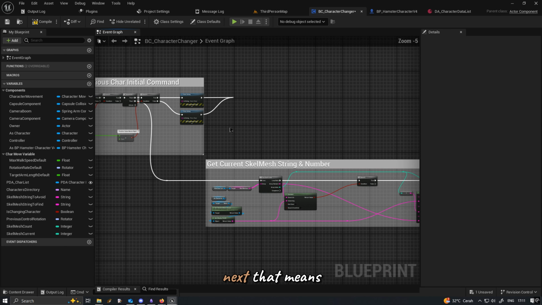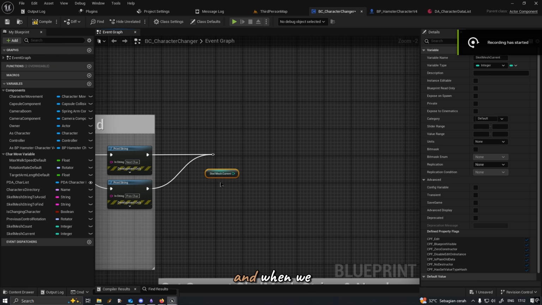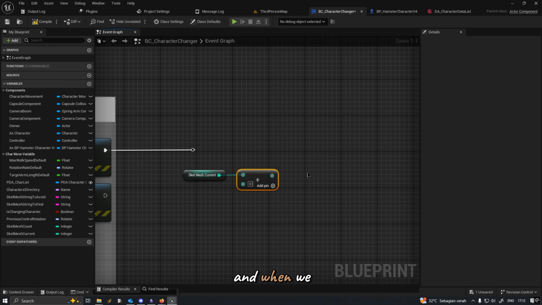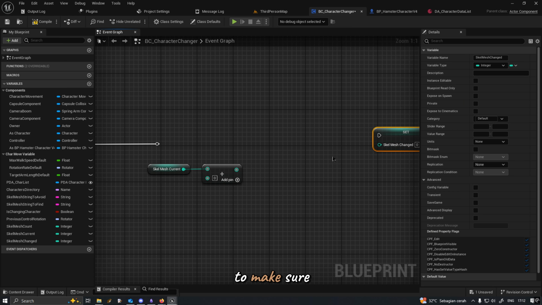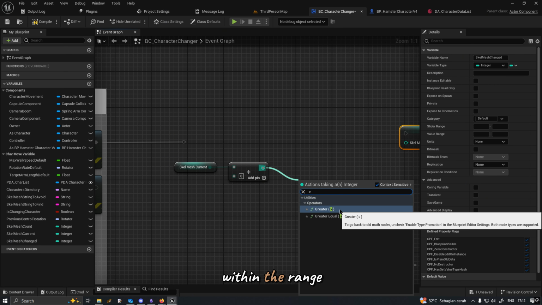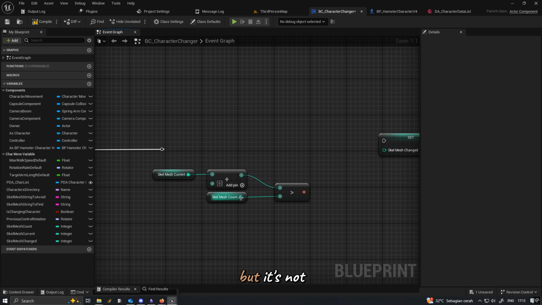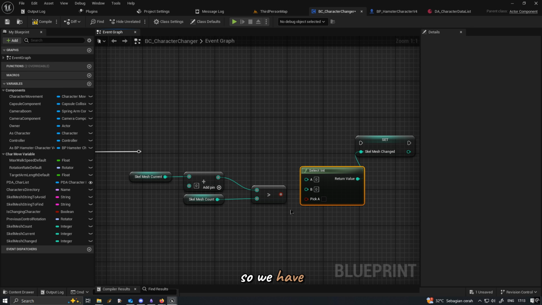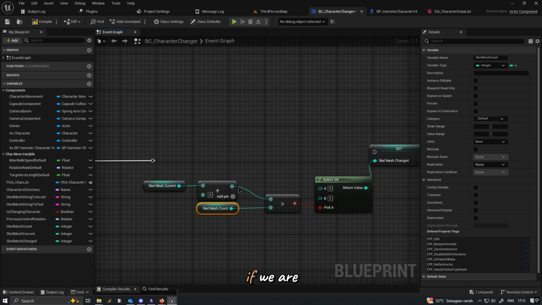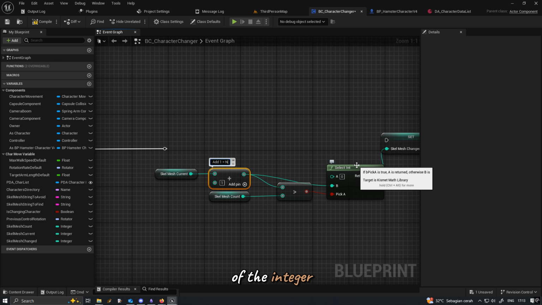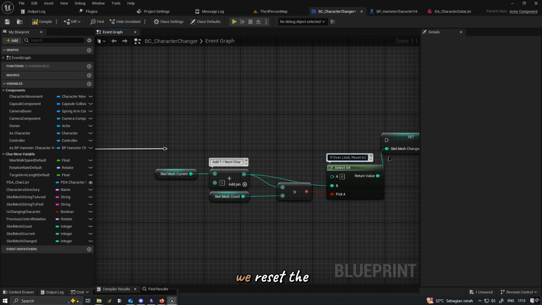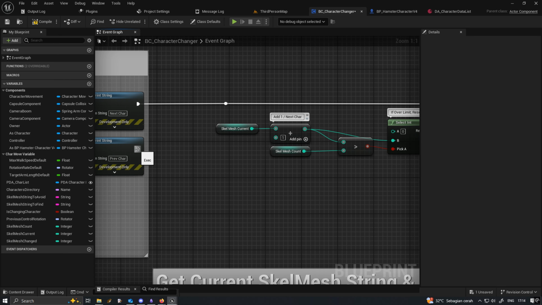When we hit next, that means we are adding up, and when we hit previous character, that means we are subtracting 1. To make sure the value stays within the range, we clamp it, but it's not a simple clamp. So we have 2 functions. If we are adding up and it's reached the maximum number of the integer, aka the scale mesh count we just set up before, we reset the integer to 0.